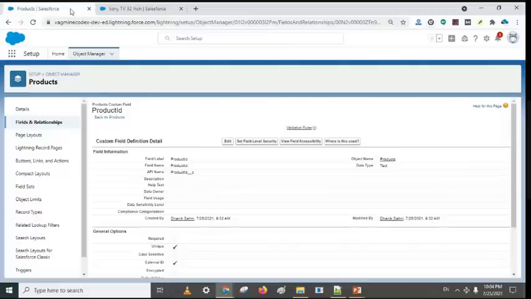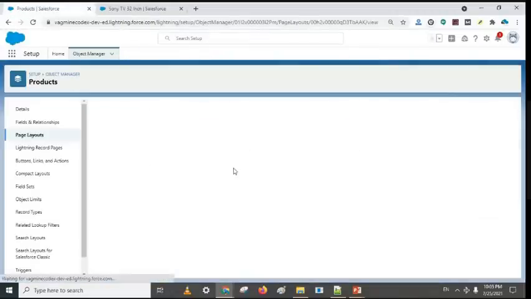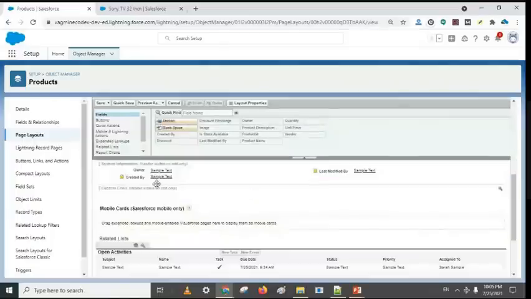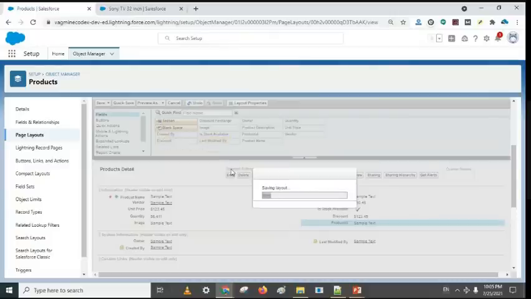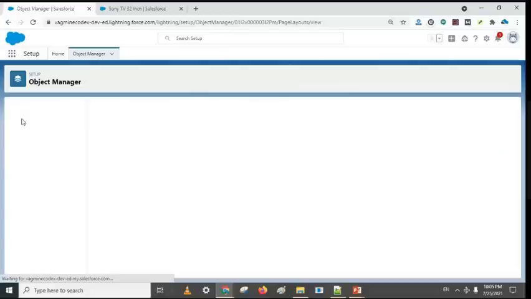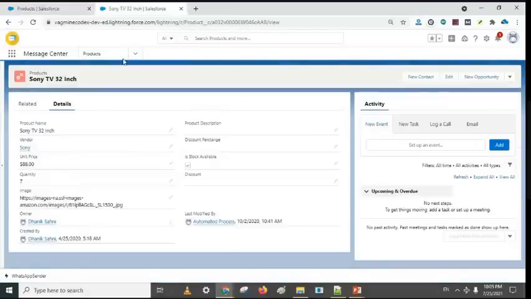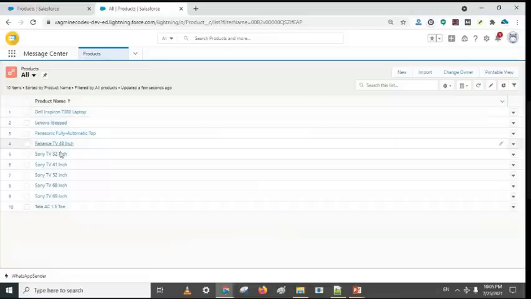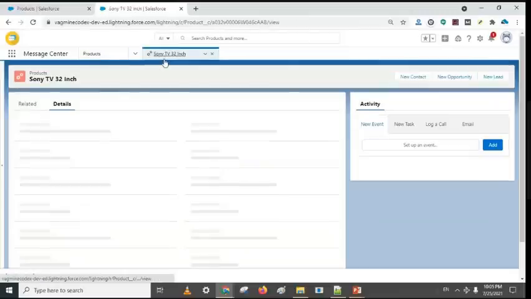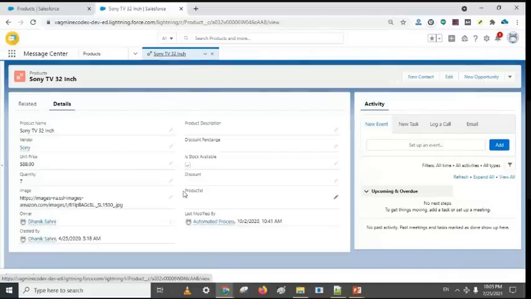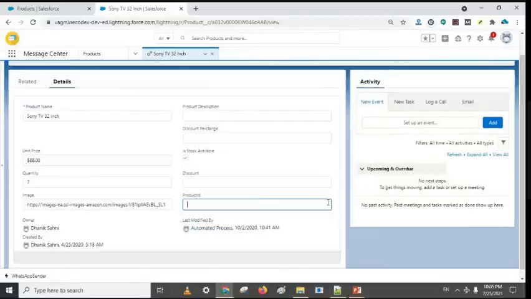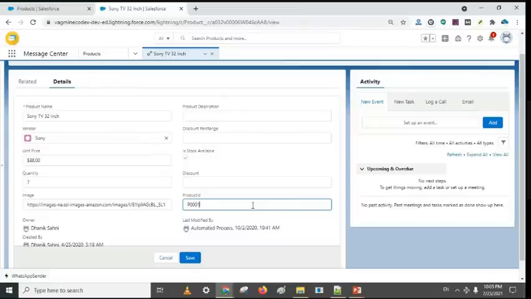It is not showing in the field, but in the page layout it is showing. Okay, maybe it was already open. Let me see that once again. Sony TV 32-inch. So we see the product ID. Let's say product ID is P001.